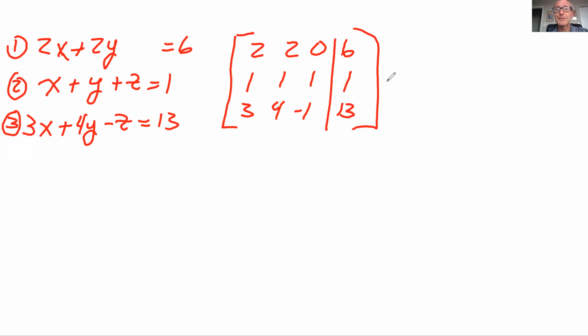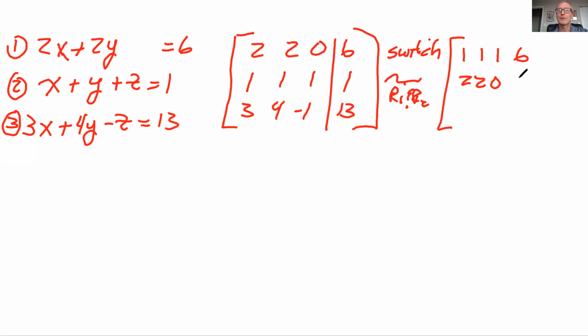So the first thing we're going to do is switch, let's call it R1 and R2. And so when we do that, it would look like this. 1, 1, 1, and